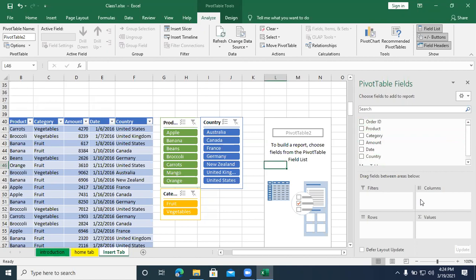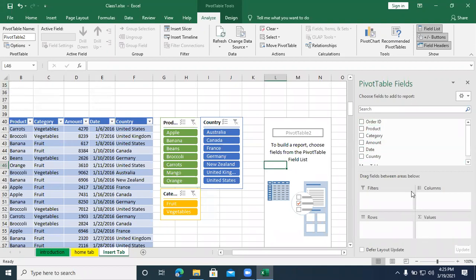Column heading: suppose I take category as the column, you will be getting two columns, vegetables is one column and fruits is another column. If I take products, all your vegetable names and fruit names will become separate columns. That is column heading. Row heading, instead of columns, the same thing will display row-wise. Values, which you want to add, count, or take a maximum value or minimum value, those types of values have to be provided in sigma values.